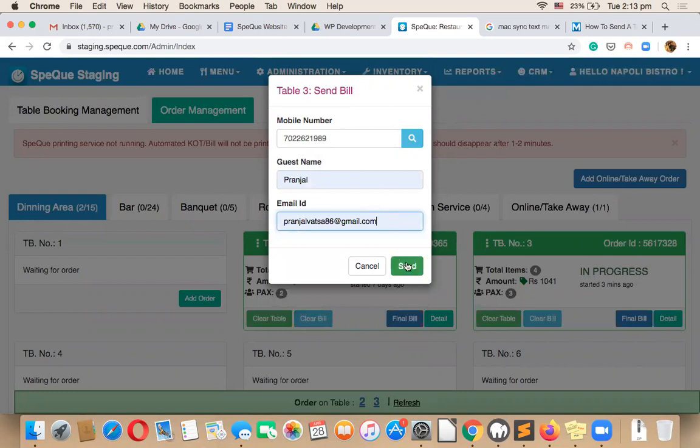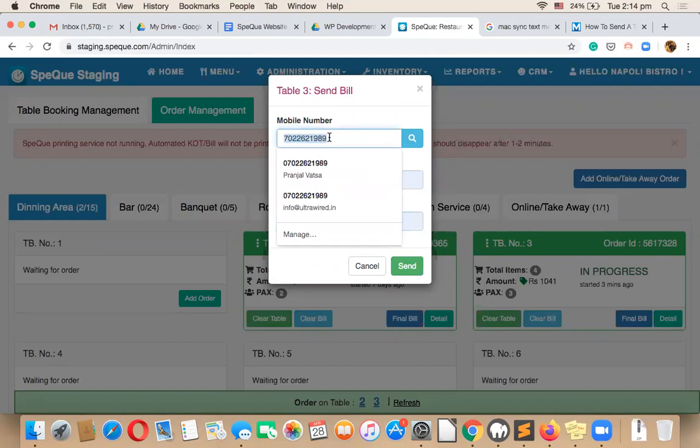So when I press send, it will trigger an SMS and an email to my phone and email inbox respectively. So I'll get a PDF file on my SMS, and then I'll get a complete invoice on my mail.